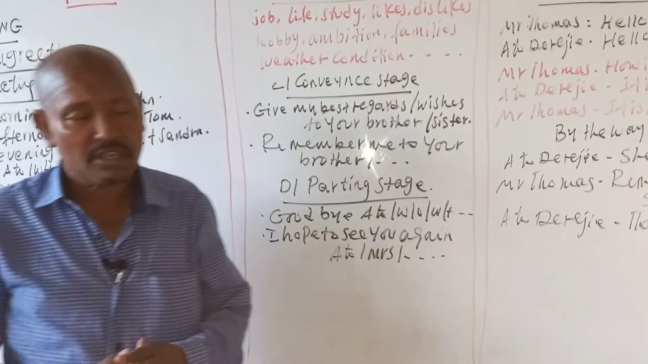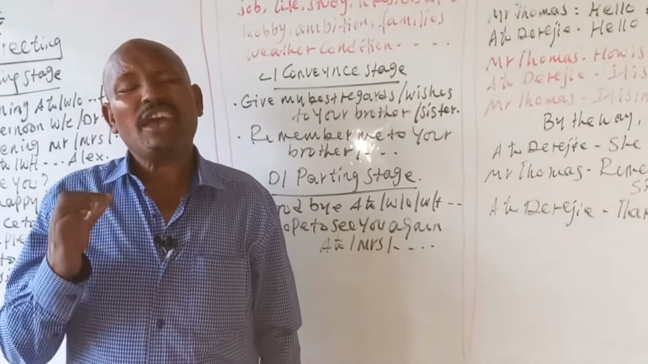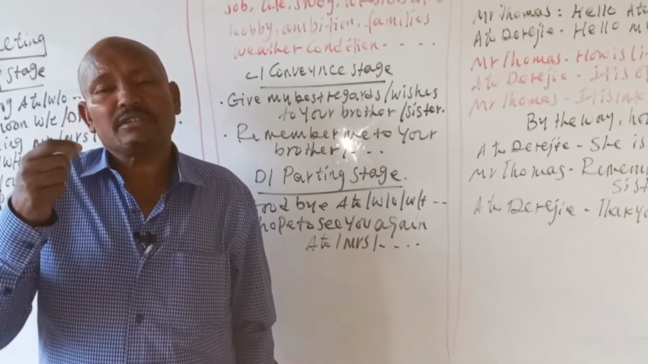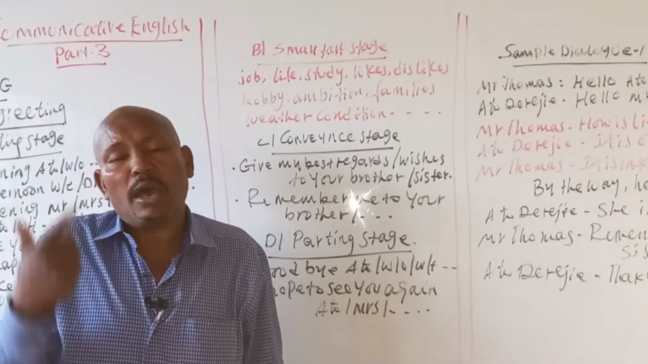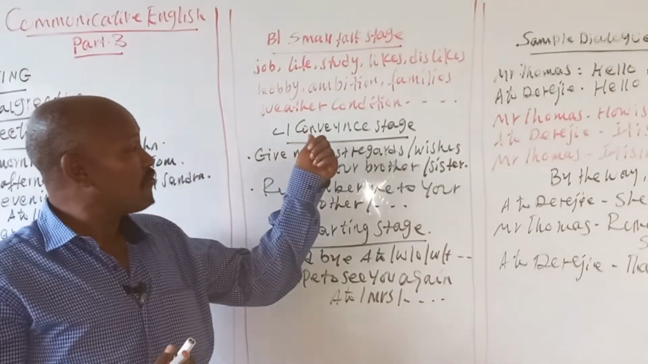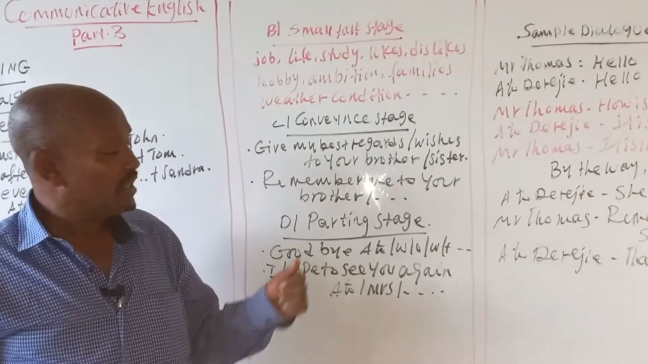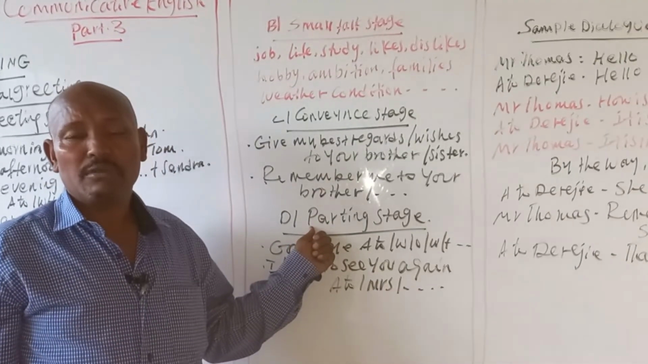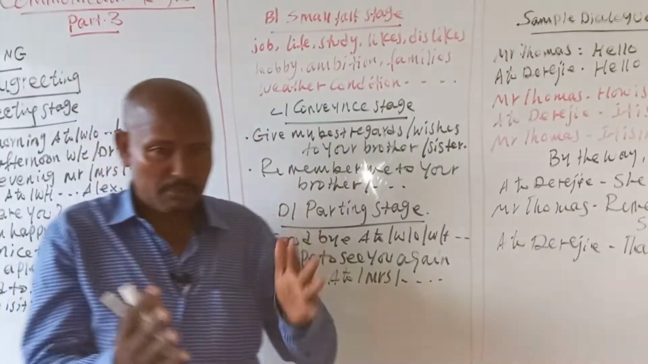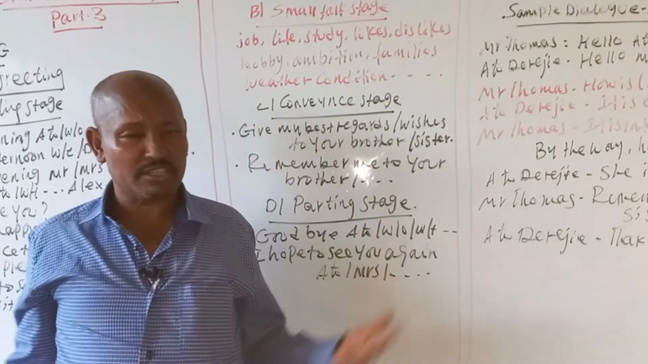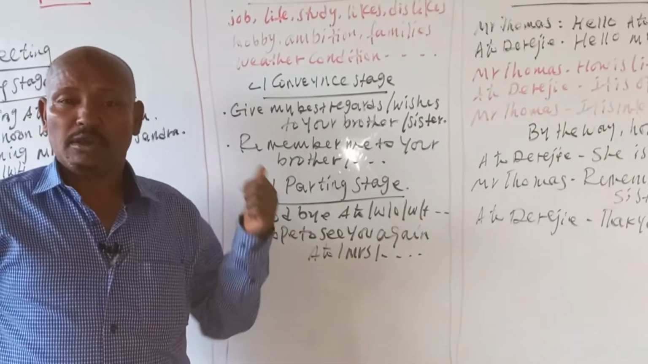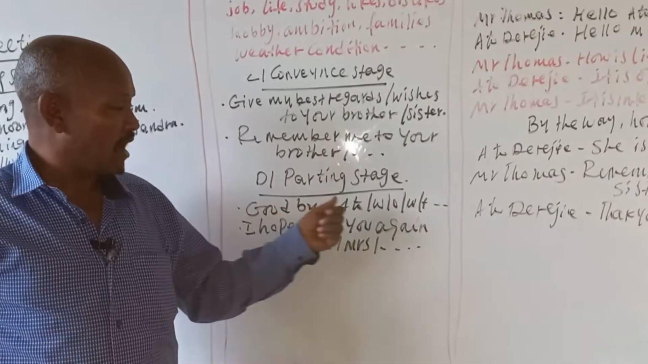The appropriate response here is: thank you, I will, or thank you, I certainly will, when I send a message to his family or friends. This is the convince stage. The last stage is the closing or parting stage. This is also mandatory when two persons are talking about a topic and they finally depart from each other. Some examples of the language we use under this parting stage are goodbye, Ato, or Wezoro, or Wezorit,